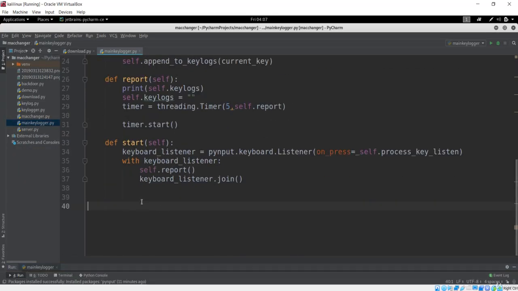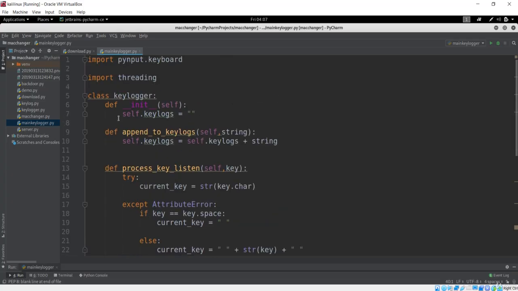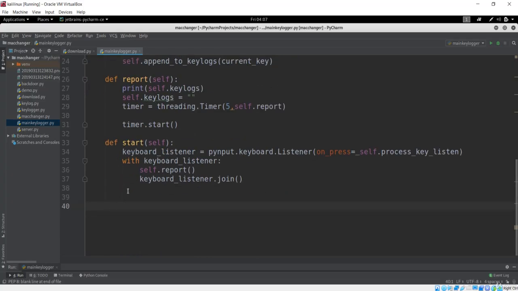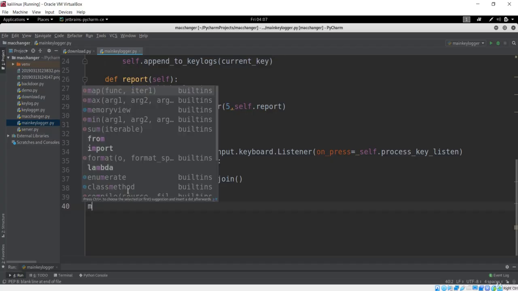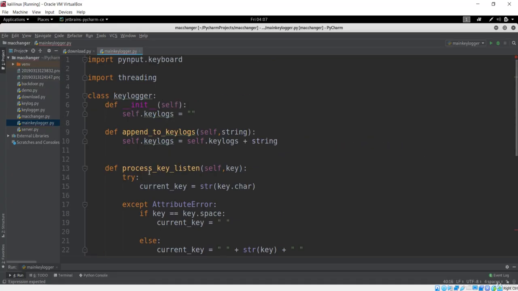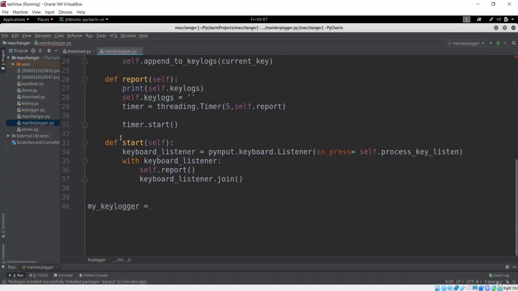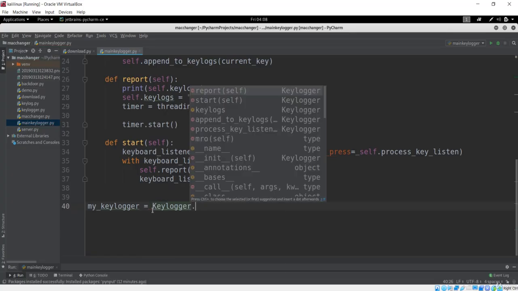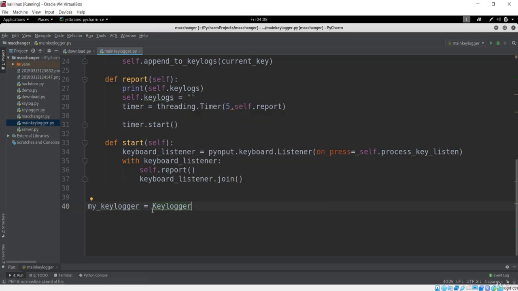and another part is to create the object of this template or prototype or class, whatever you need to call it. So the next thing is to create the object. Let's see how we can create the object of this keylogger. First of all, I'll say my keylogger, which is the object, and you have to make the object from this Keylogger class. Let me say K with a capital, because the class name starts with a capital letter. So I'll say Keylogger, and after that, I want the keylogger interface.